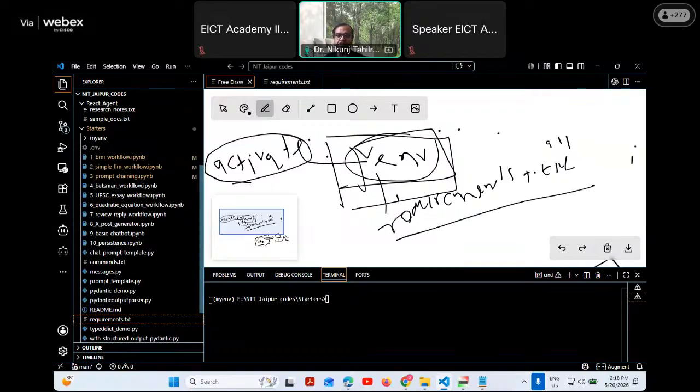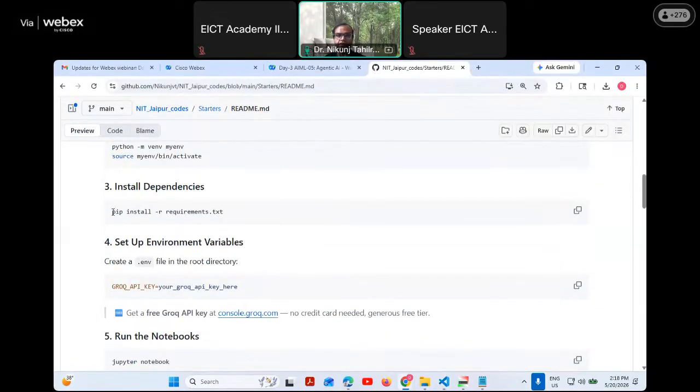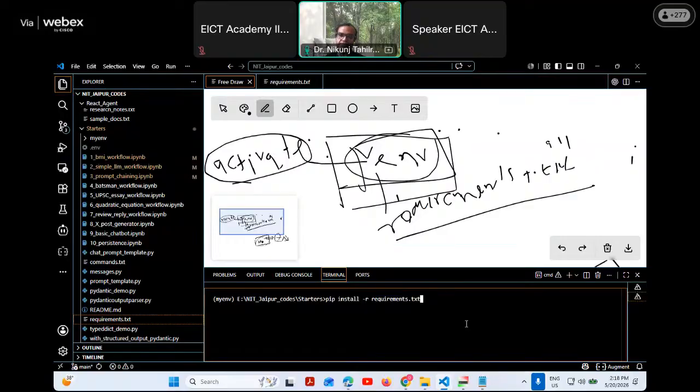Once you do that, your virtual environment will get activated, and then in the activated virtual environment you can install this requirement.txt text file. For that, again go to my repository, and there you will find this command: pip install -r requirement.txt. Once you do this and press enter,